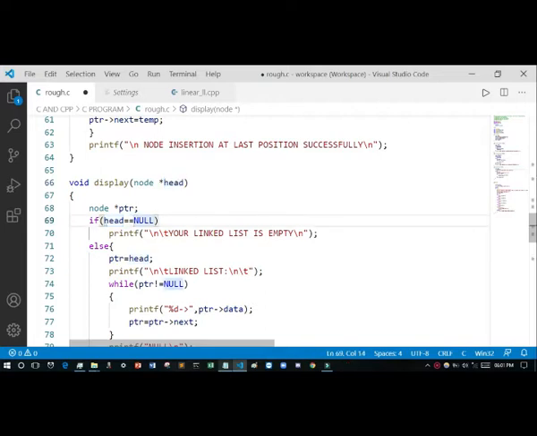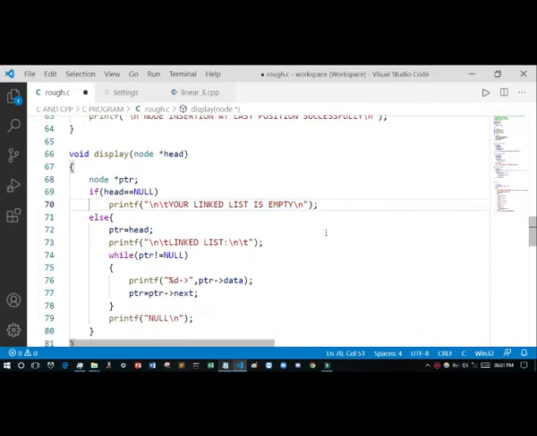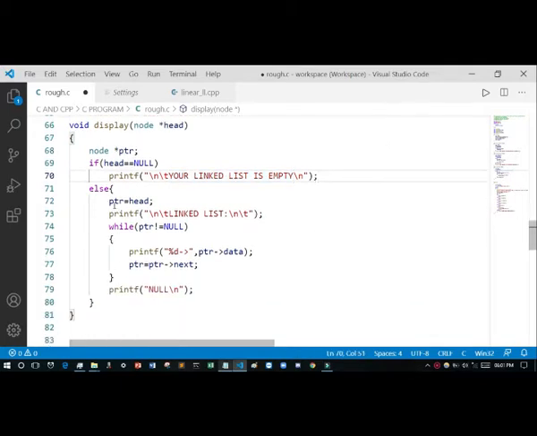Now this condition will check whether your linked list has a node or not. If head equals null, it means no node is present, so this message will come that the linked list is empty. Otherwise, in the else part, I have declared a new pointer variable that will point to the first node of the linked list.